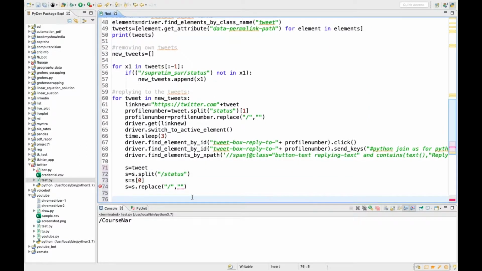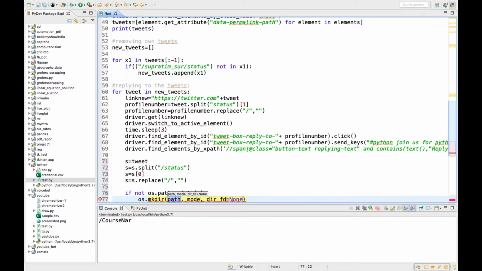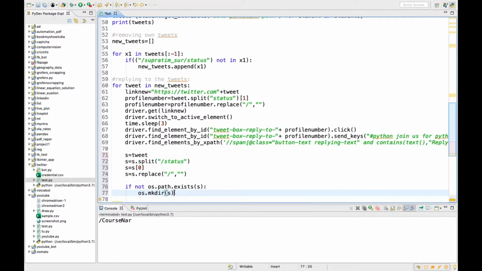Okay, then what I'll do, I'll try to create one folder: if not os dot path dot exists s, os dot mkdir this s. And why I'm doing this: I'm creating the folder with this name, and inside that each and every other thing is going to be created. Okay,